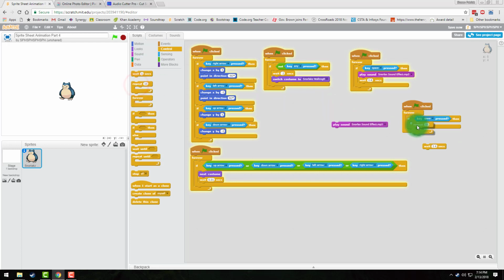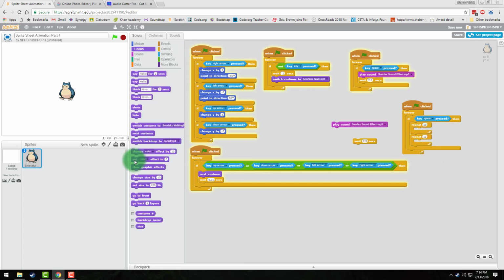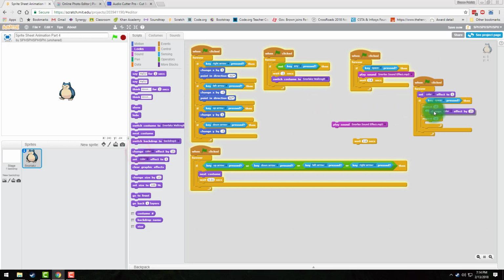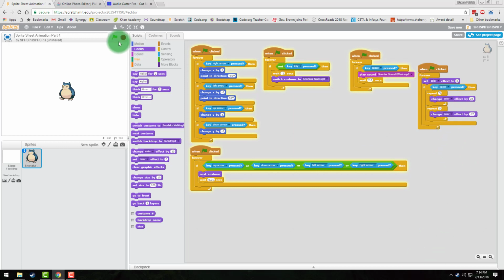I'm going to create an effect just like we did for our mandala. So I'm going to go into the looks, and I'm going to say set color. I'm going to put that in the forever loop. So it's always going to be setting the color back to normal, but I'm going to get this change color, and I'm going to put both those in here. I'm going to change it to a negative, so it's going to flash. What I want it to do is just flash a color when I press spacebar. So let's try it out. Press play. So I'm going to walk around and I'm going to press